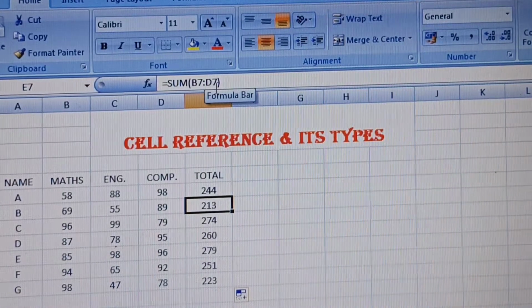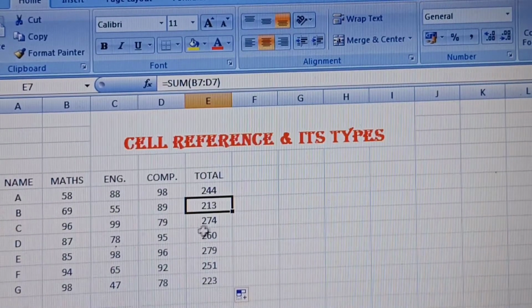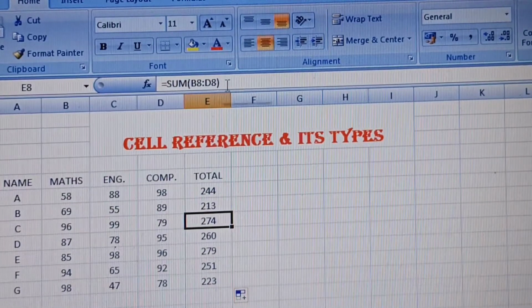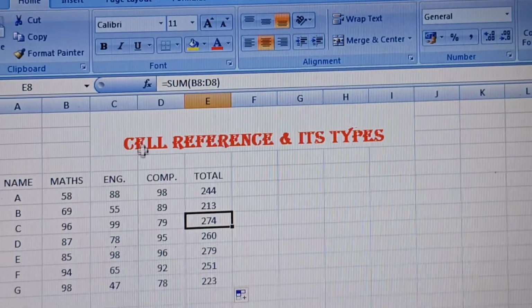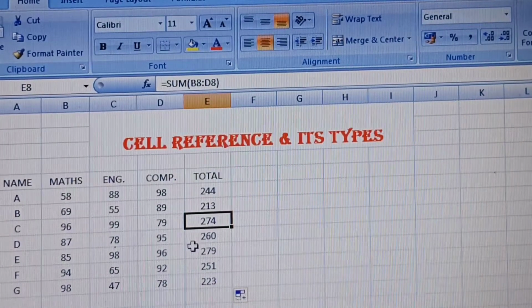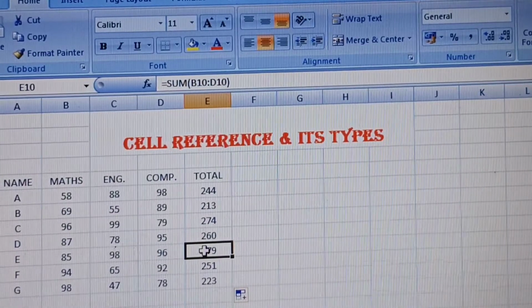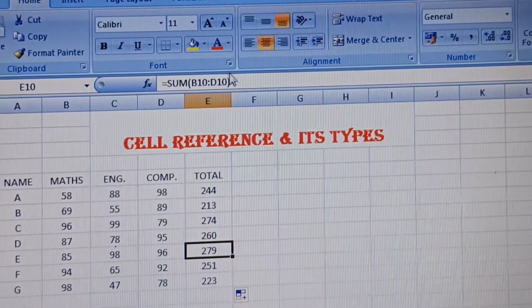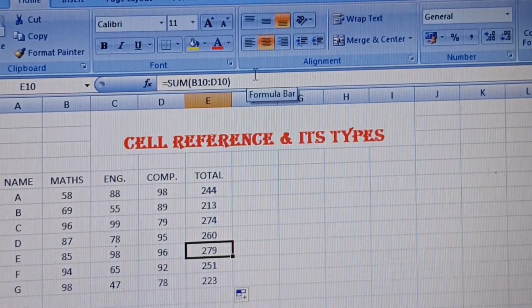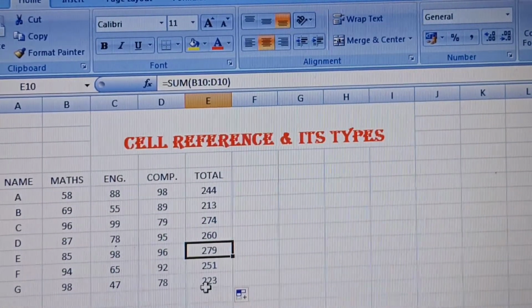When we put our cursor on the next cell, you can see here B7 to D7, meaning it's a relative reference. It automatically changes the cell address. The formula is the same, we copied the formula and it automatically changes the cell address. Not the same address of the cell, it changes the address. Here it is B8 to D8. When we keep our cursor here, it is B10 to D10. B is the column and 10 is the row. So clear?